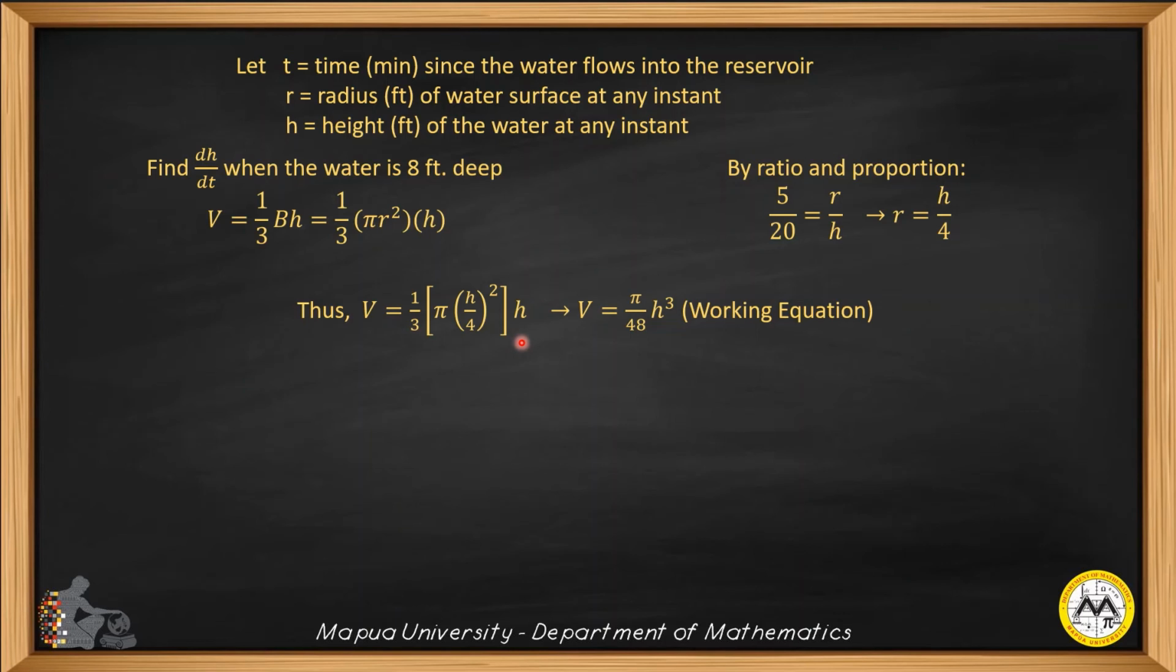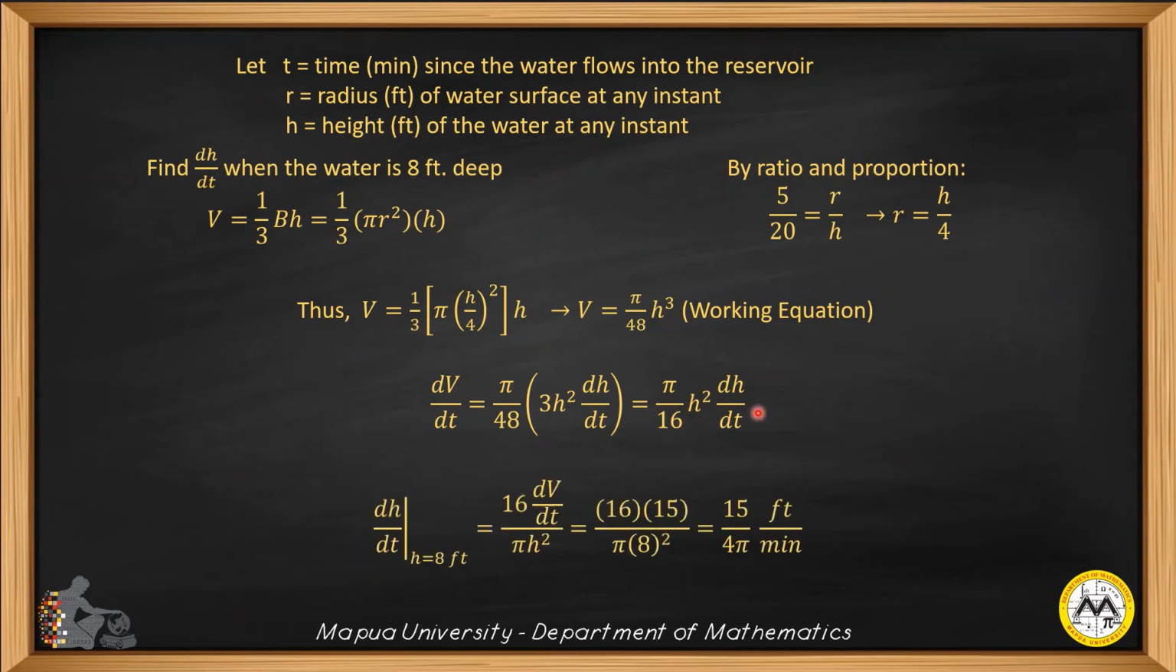Okay, why do we have to substitute out r? It's because what we want eventually is dh/dt. So we need to express V as a function of h only. So we have this now as our working equation, the basis for differentiating with respect to time. So we differentiate volume with respect to time, and that will give us pi over 16 h squared times dh/dt. So solving now for dh/dt, when h is 8, we will have it equal to 16 times dV/dt